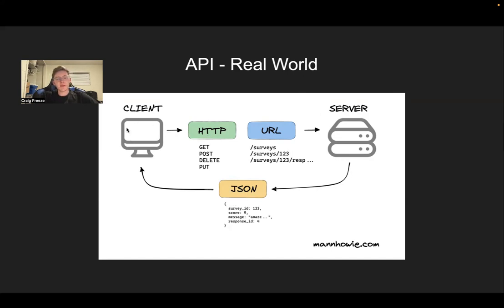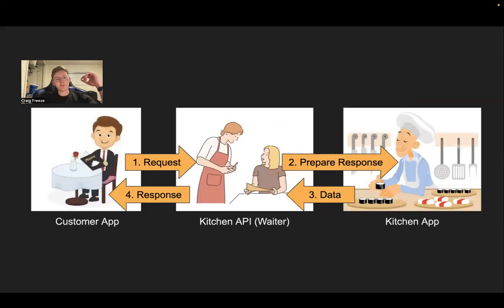And so the client has several options if the API deems it to be able to get information, post information, delete, or put. And then the URL here, you can see that they have different examples: surveys, surveys 123, all these different things. These are called endpoints. So these are the different parts of the data, or different ways that we can interact with it. So you might think, in that restaurant example here, the kitchen works directly between customers and kitchen, but